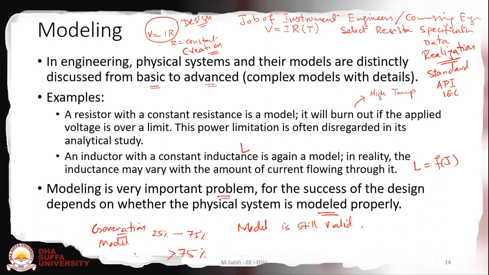Okay, so in that case, maybe we will think about model number 2, or we should not use model 1 for that purpose. Okay,